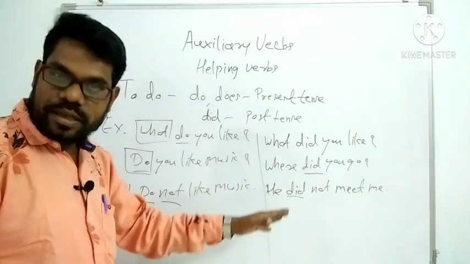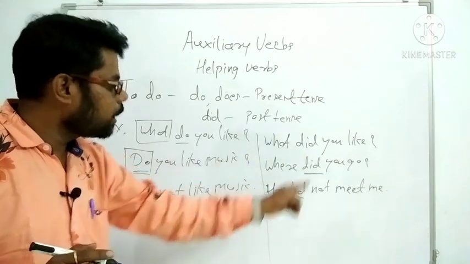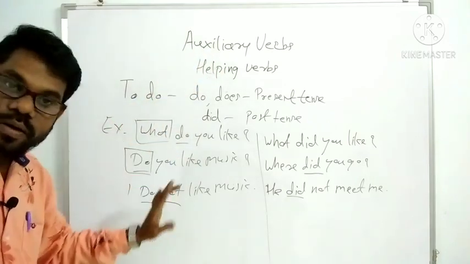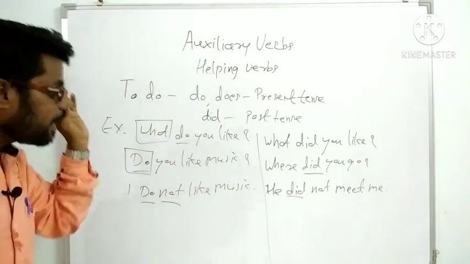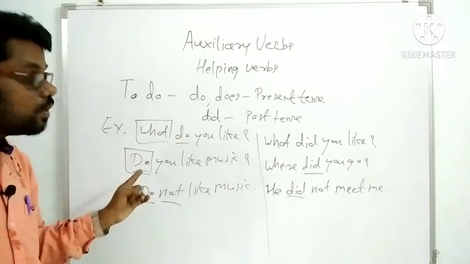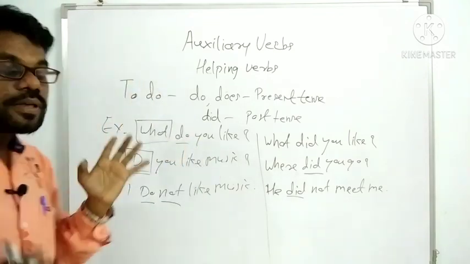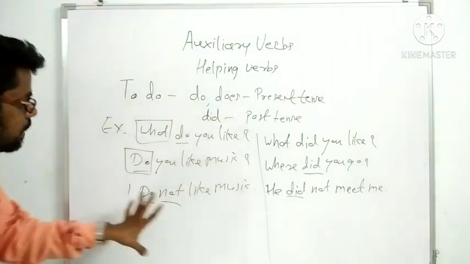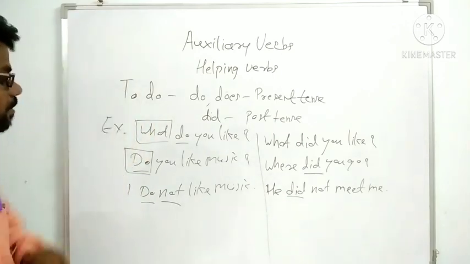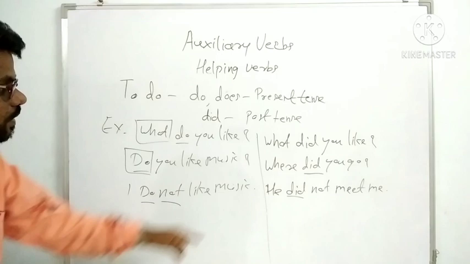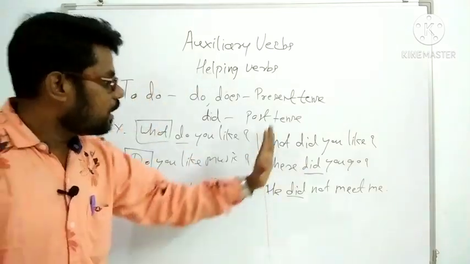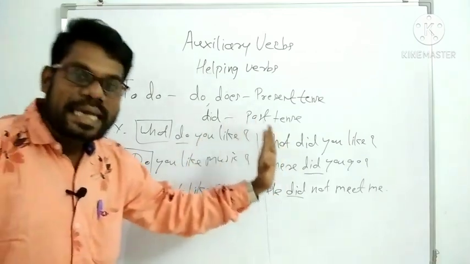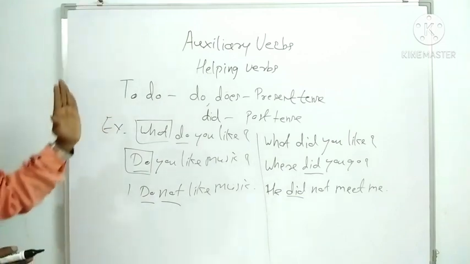It's a negative sentence. Okay, in this way we can use all these do, does, did forms as helping verbs, as auxiliary verbs. Their function is they help the main verb to give the meaning and for the identification of a tense. Here all these sentences are in a present tense. Why? Because this do or does is there, and here did. So keep in mind, we use did in a simple past for making such a kind of question, such a kind of negation. Okay, I hope you have understood it.